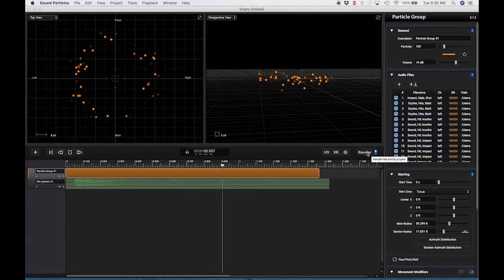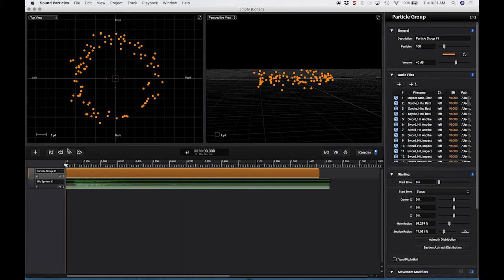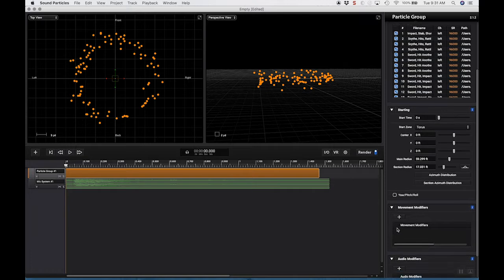Let's see what we get. 73 swords all hitting at one time. That's not what we want for our battle. We want all of these to be distributed over time. And that's where we get down to